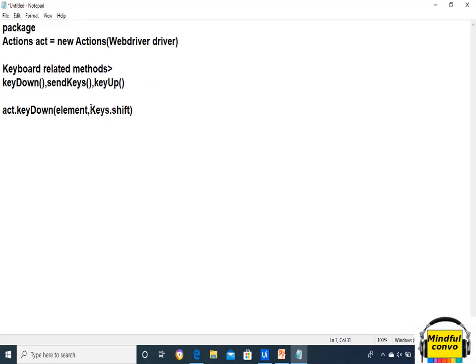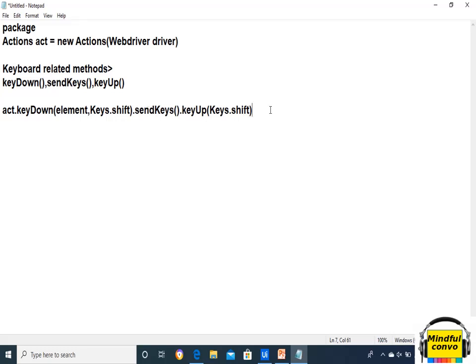It's the syntax that if we want to press any key like Shift or Control, then we need to write Keys.SHIFT, then dot sendKeys, then dot keyUp, and here we again write Keys.SHIFT. So then we will write this method.